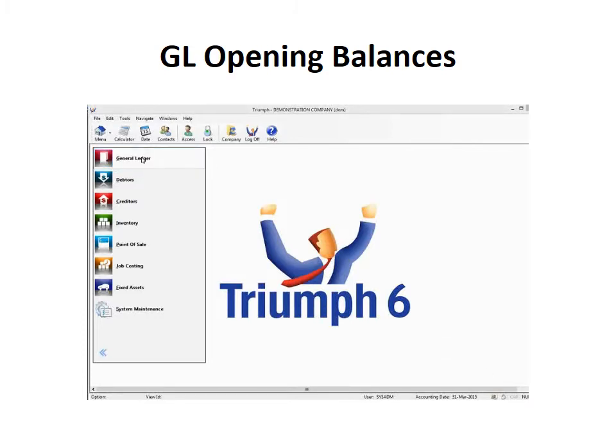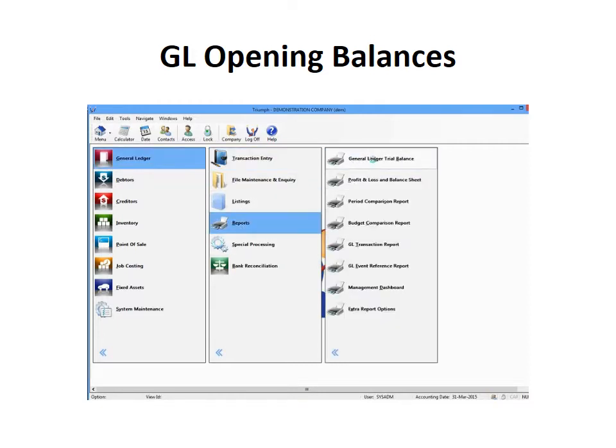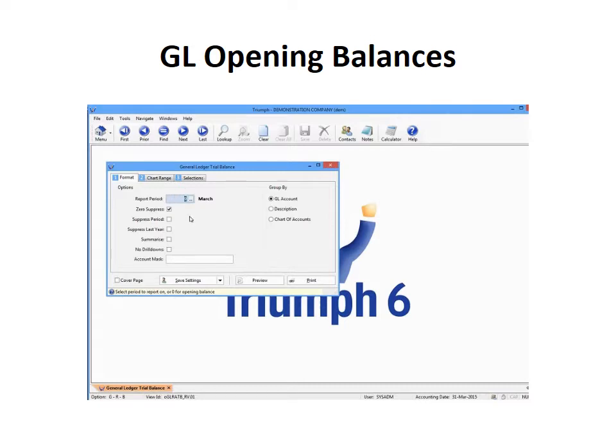So when the accountant gives you your financial figures for last year and you need to adjust your opening balances, there's a couple of ways of doing this. The first way, which normally we get people to do, is put the journals into their last year's accounts and get those accounts to come through. From there, once you've got the figures, you can print your general ledger trial balance from the accountant, or after you've done your entries and you do your period 12,